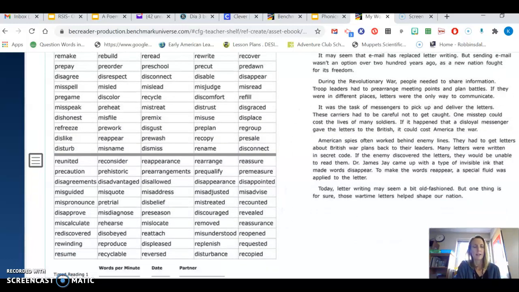We'll go below the gray line. Reunited, precaution, disagreements, misguided, mispronounce, disapprove, miscalculate, rediscovered, rewinding, resume, reconsider, prehistoric, disadvantaged, misquote, pre-trial, misdiagnose, rehearse, disobeyed, reproduce, recyclable,